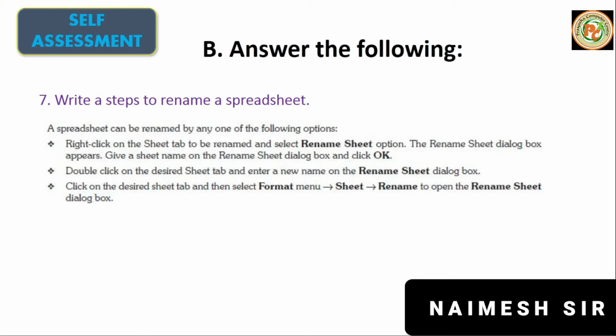So this is all about the students assessment 2. Now we are going to start the session 3. Inside that we will learn